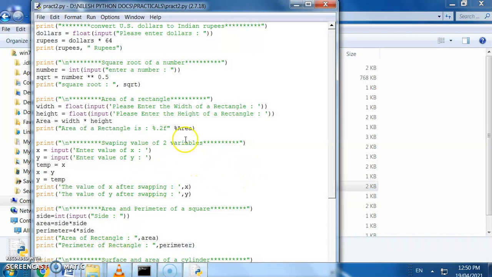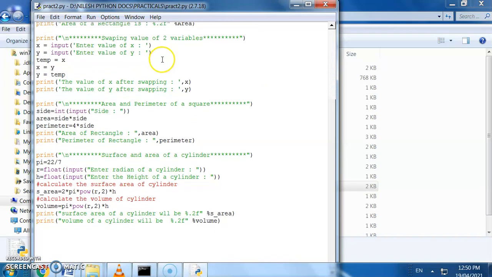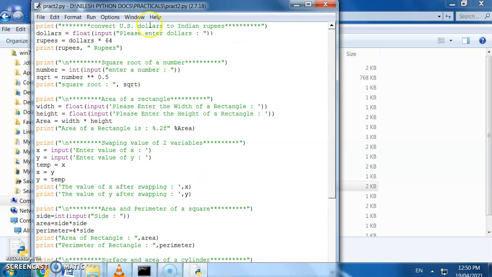So this is a program. Here we are going to see the different operators. I have already performed all the programs of the second practical, and there is another file with one more program.